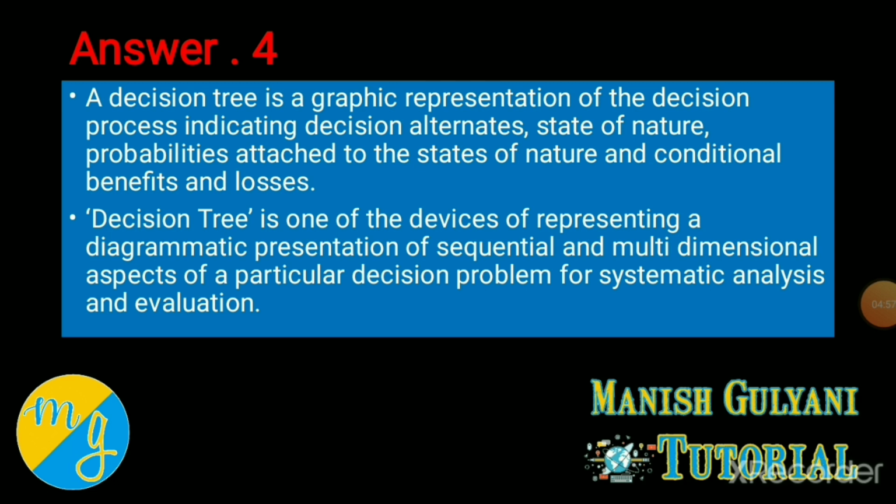Now what is chance node? Chance node simply means the outcome or result of each and every alternative. That's called your chance node. Whatever result or outcome you obtain from your alternatives, that's called chance node. And it is always denoted by a circle. So that is all about decision tree.